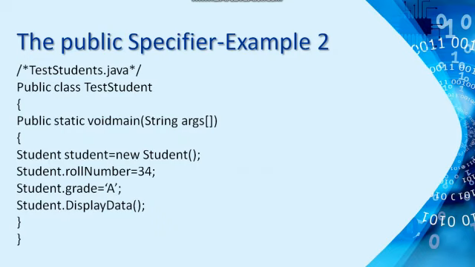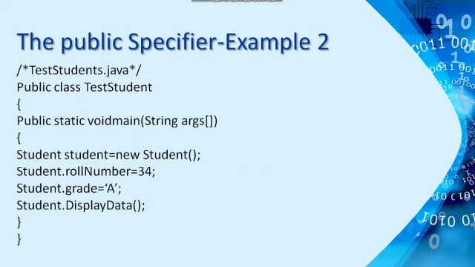the student. You have successfully accessed class members, that is the variable and method of the student class, which had the public access specifier, from outside the class, that is via the test student class. Note that the main method of the class is always preceded by the public specifier. That is why it is accessible by the code that is outside the program, that is the Java runtime environment.